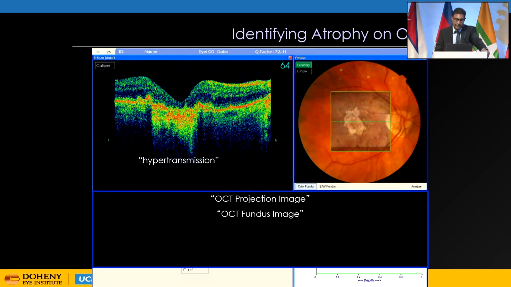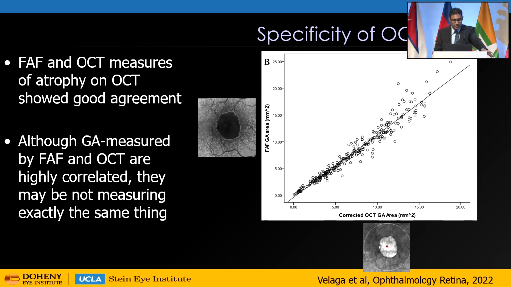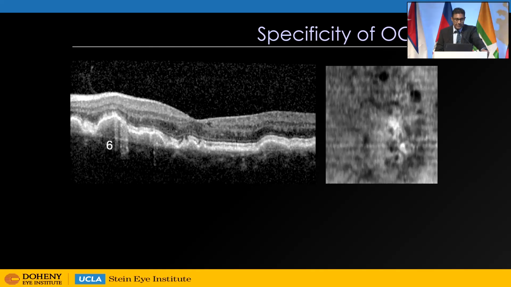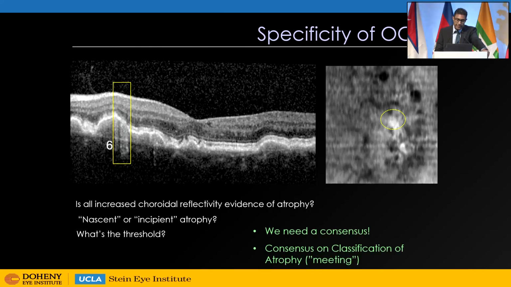When we do an en-face projection image of the OCT data, it appears hyper-reflective on the en-face image. We and others have shown that this correlates quite nicely with measurements of that area of hypertransmission on OCT. But questions came up with regards to, well, what is the threshold at which you call this hypertransmission atrophy? And it turned out we really didn't have a consensus for this definition, and so that was the underpinnings for